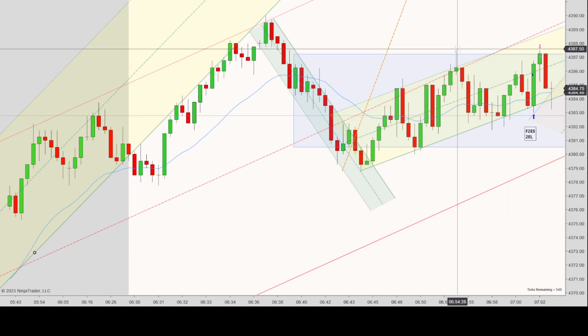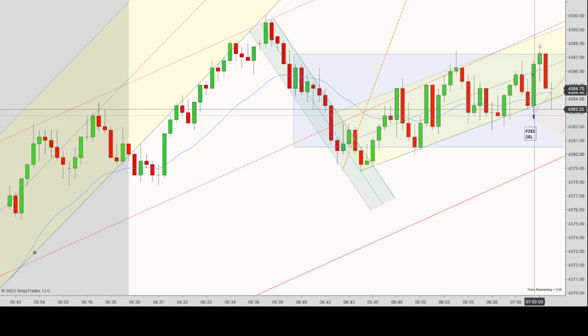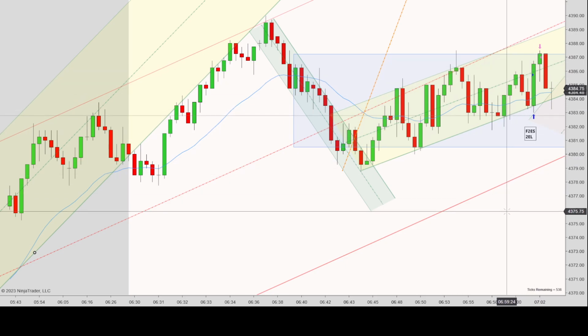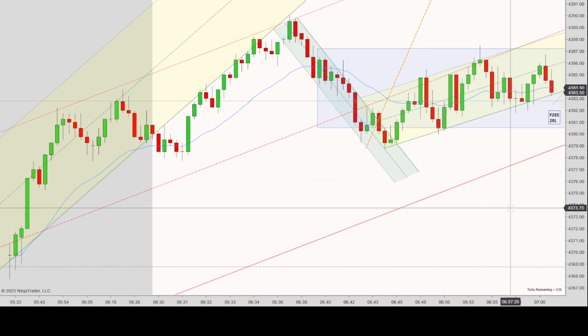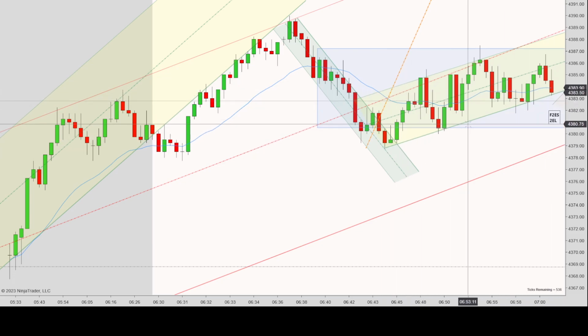So I saw this as a new high, a very apparent new high, it comes down, makes a very deliberate first entry long, all the way up, pulls back, creates a second entry long here. I also saw this as a new low, made a first entry short, pulls back, creates a second entry short, and then it fails. So in real time, what I saw was this, and I was thinking there's a potential second entry long. I wasn't really sure about the second entry short failure, but I did have this yellow channel drawn as soon as